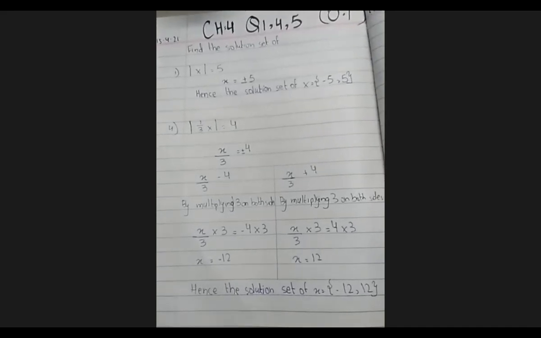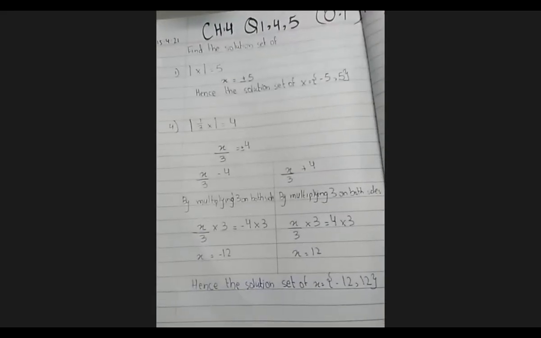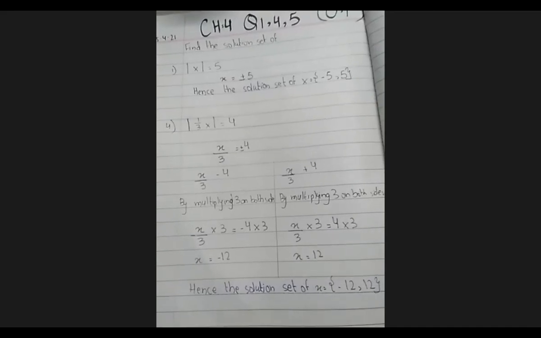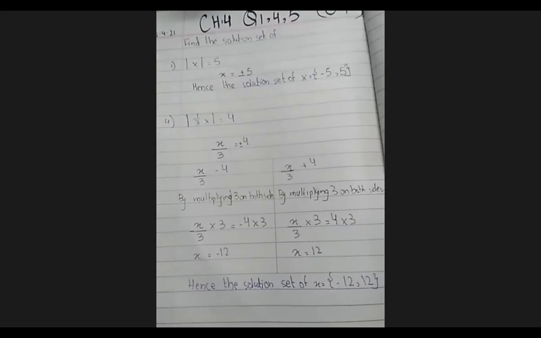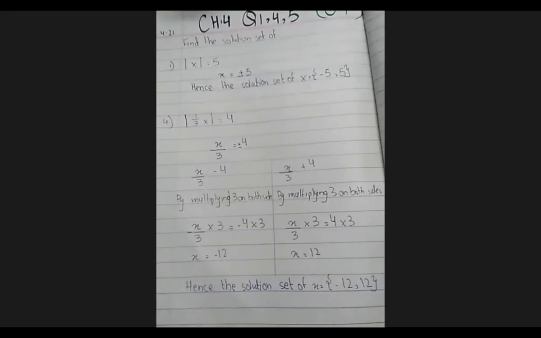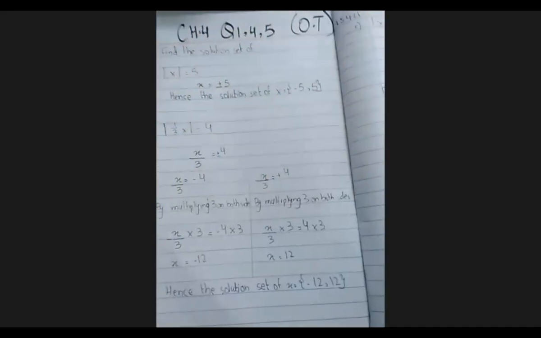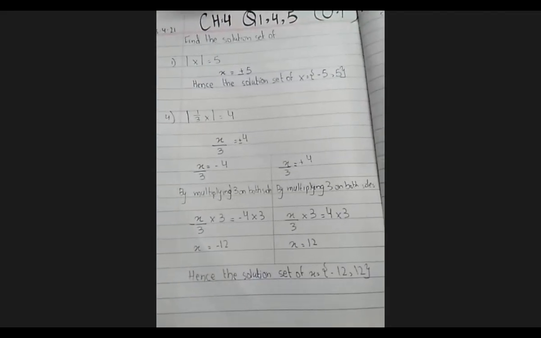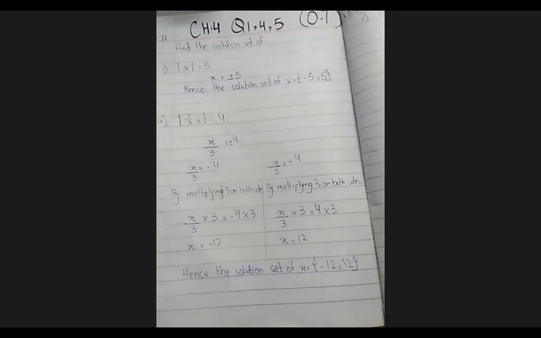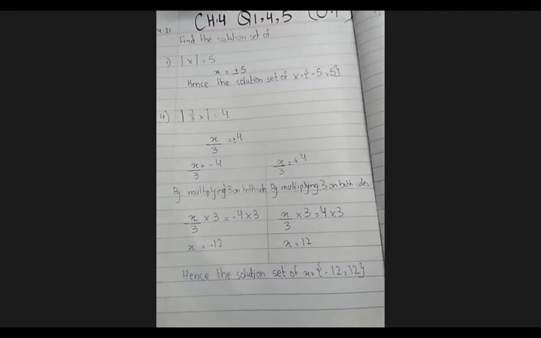Okay, Sanya, here I am going to explain question 4 by showing you Asya's copy. In question number 4, when you remove the mod, you get plus minus 4 on the right hand side. So draw the line in the center. Excellent. We get x over 3 is equal to, beta, where is the sign of equal to? X over 3 is equal to minus 4. X over 3 is equal to plus 4. Shabash. Now 3 is dividing here, so by multiplying 3 on both sides, 3 and 3 cancel, right? Here we get 3 fours are 12. We get minus 12. Is it clear?